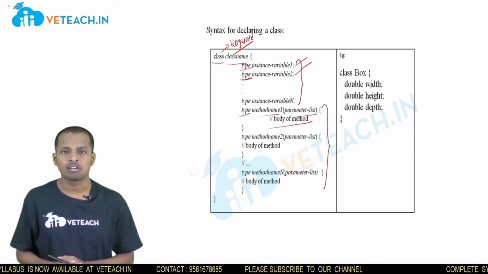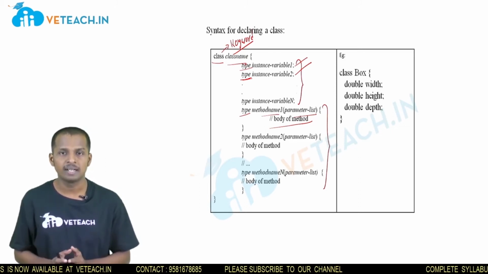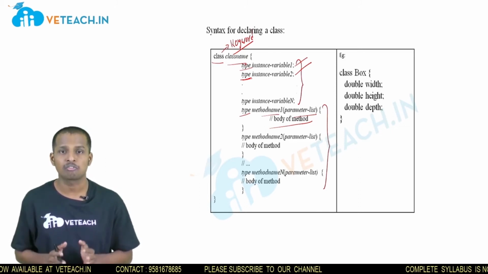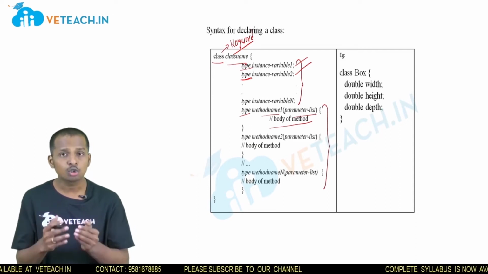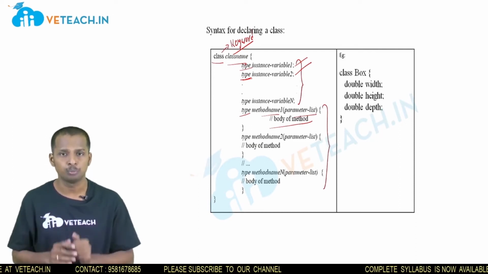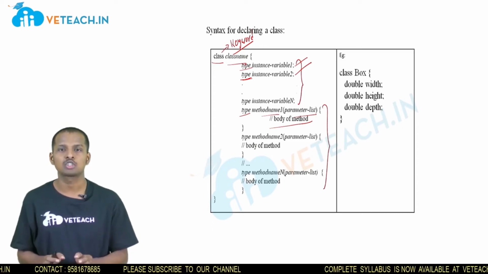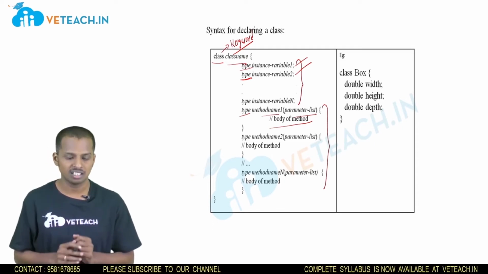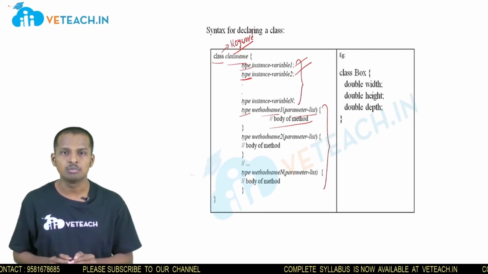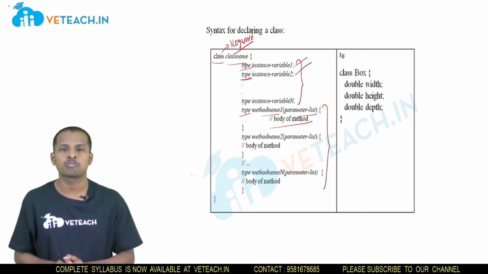And then parameter list. As we have just discussed, a method is a collection of instructions to perform a work. In order to perform a work, it might require some inputs. Let us take an example. I want to write a method to perform addition of two numbers. As I am saying that I am trying to add two numbers, I require the two numbers to perform the work.